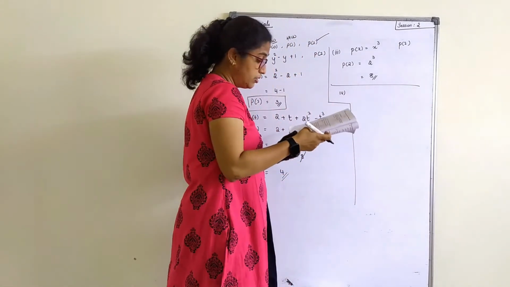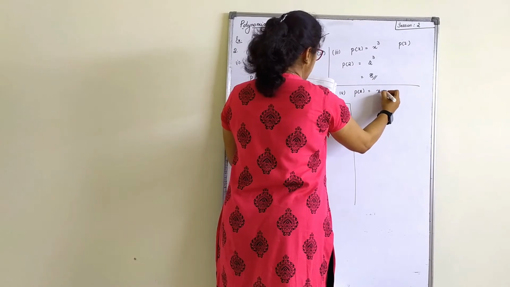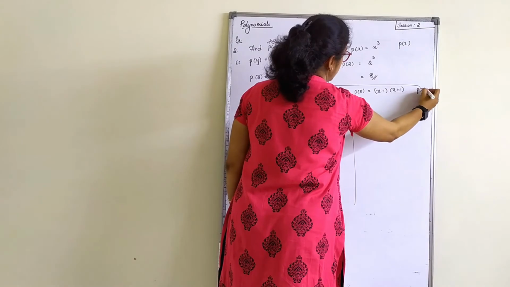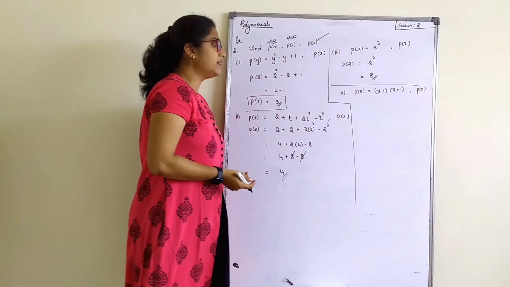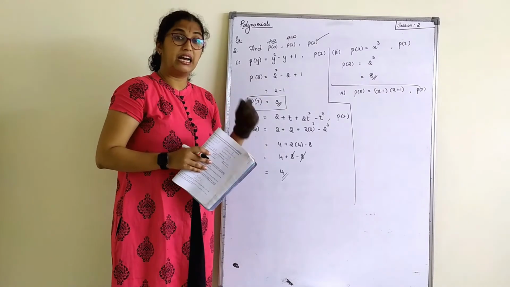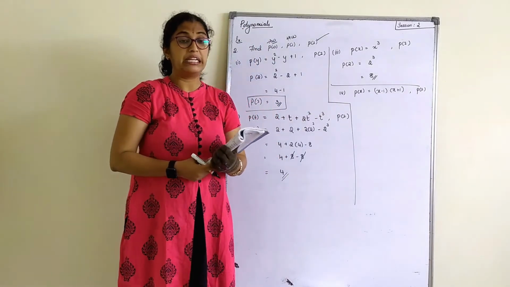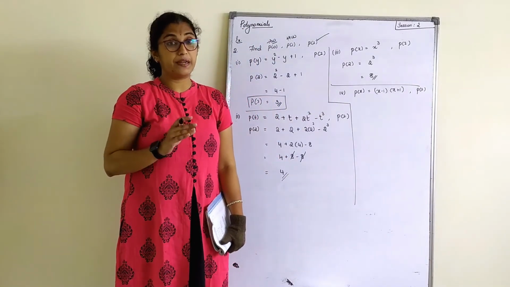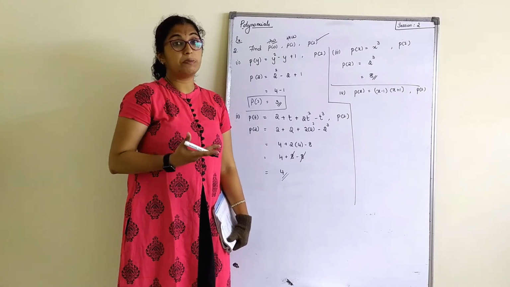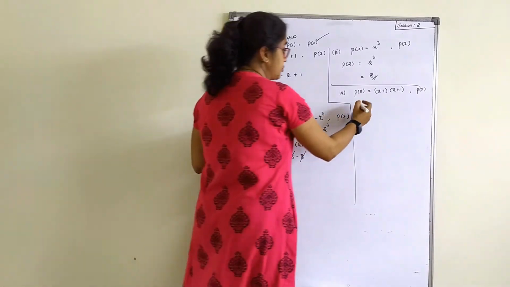Fourth one. So it is P of x is equal to x minus 1 times x plus 1, where the P value is 2. Now see here, you can directly substitute the x value as 2 here and 2 that side. Again if you see, what is x minus 1 and x plus 1? Does it remind you of an algebraic identity which you studied in 8th standard? In the form of a minus b and a plus b, right? So, I'll do it in both the ways and show it to you.